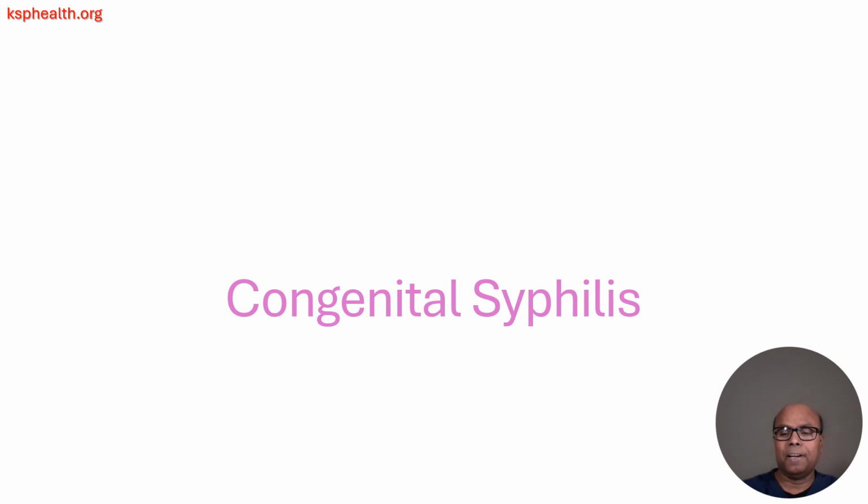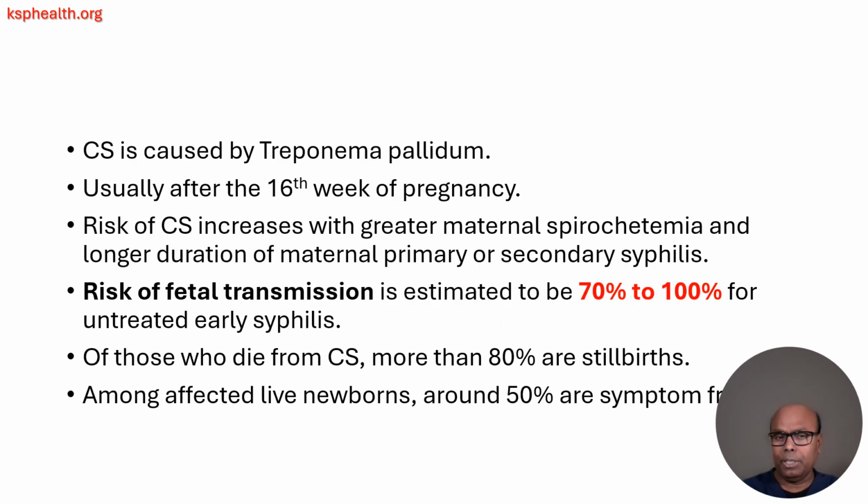The next is congenital syphilis. Congenital syphilis is caused by Treponema pallidum. It usually happens around the 16th week of pregnancy. The risk of congenital syphilis increases with greater maternal spirochetemia and longer duration of maternal primary or secondary syphilis. The risk of fetal transmission in untreated early syphilis is 70 to 100%. It's highly